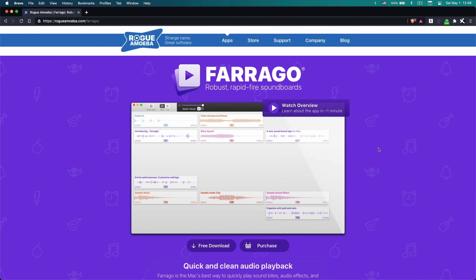Now basically, and as you can see here on the website, this application is a rapid-fire soundboard. And it is really easy to use with shortcuts on your keyboard, and there are a ton of different functionalities available for this application. In this video, I want to give you an overview of how this works, different functionality sets in there, and of course also show you how you can actually use this together with something like OBS